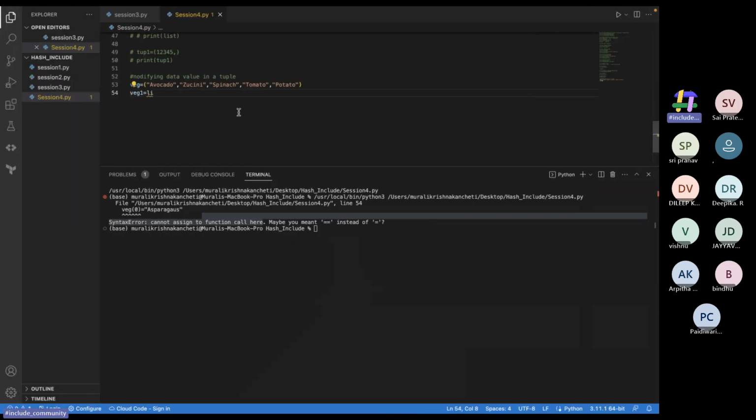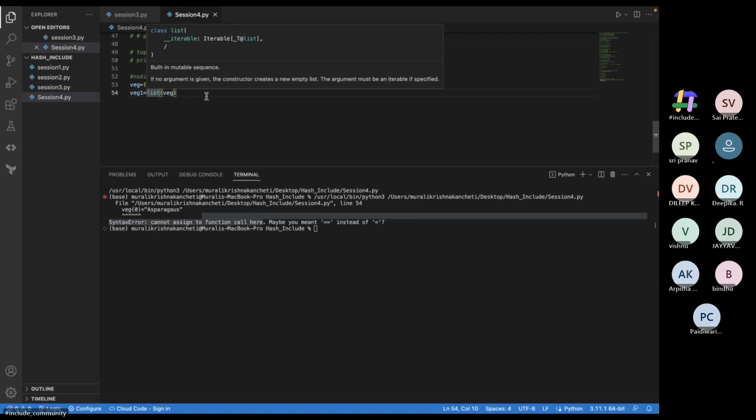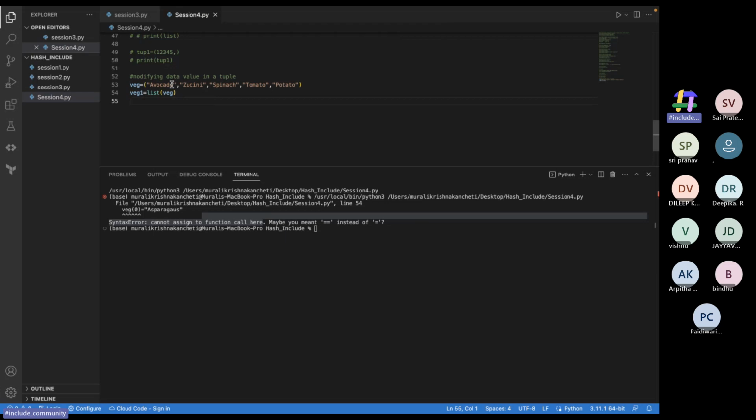So I'm using my constructor list and I am passing the values in my wedge tuple. So the wedge one is a list now. So we converted the tuple wedge to a list. Now I can modify the data values inside the list,